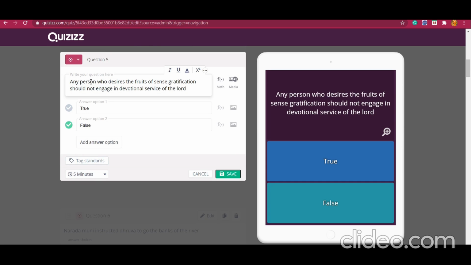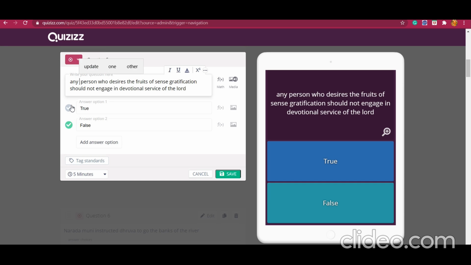If you want to change anything, let us say if you want to remove this, you can remove it, or if you want to add, you can add it. Let us say your answer is true. By mistake you have put false in the Excel sheet, you can change it. As you can see here, there's a green mark which indicates that this is the answer for this question. You can change the answer.